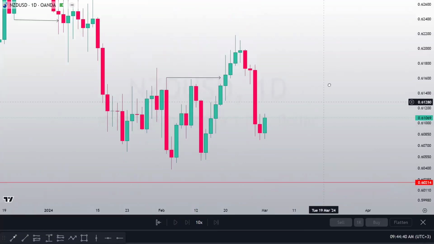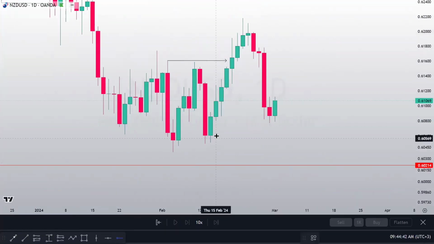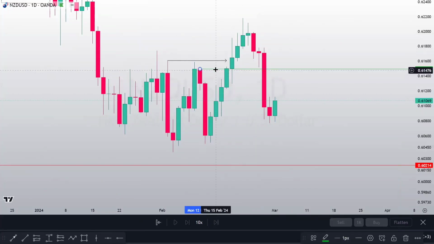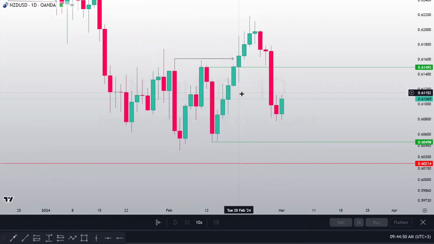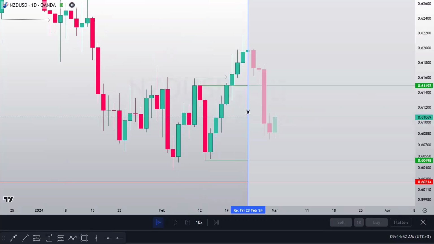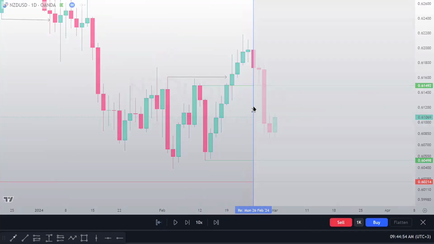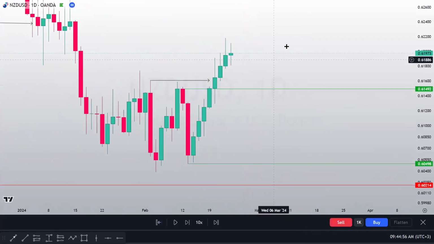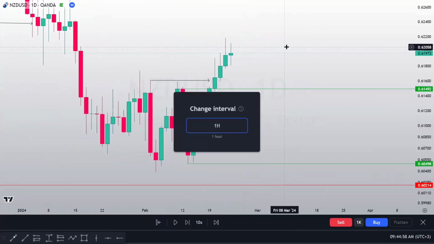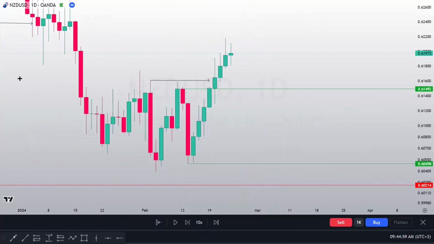So we had a daily area of liquidity to liquidate, which was this one. Daily area of liquidity to liquidate. So liquidating this area of liquidity from the daily time frame, we had to perform a shift on the 1 hour time frame. So going to the 1 hour time frame, a lot of people actually know what to look at first before coming to the 1 hour. I think my students know what to do